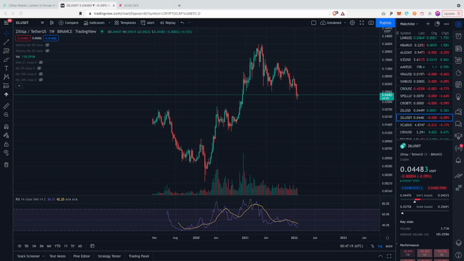Wanted to bring you an update about Zilliqa and what the upside downside potential indicator is making of its recent